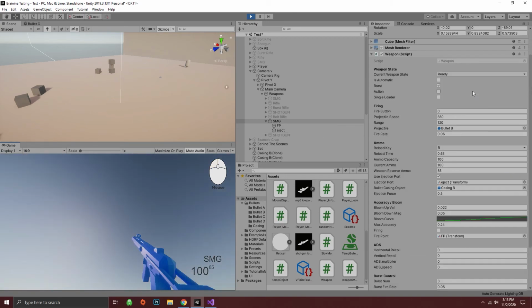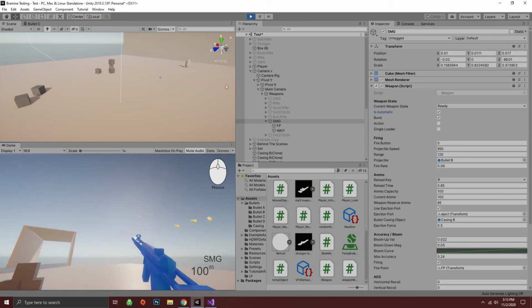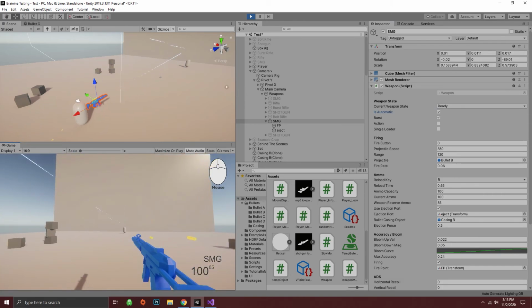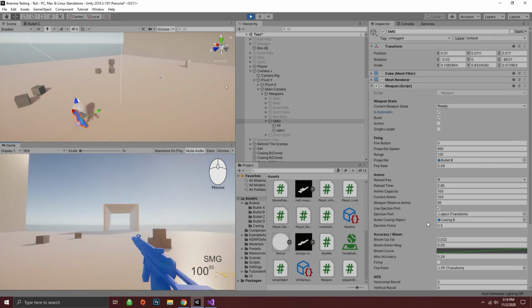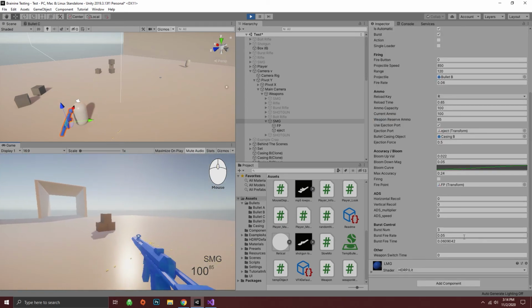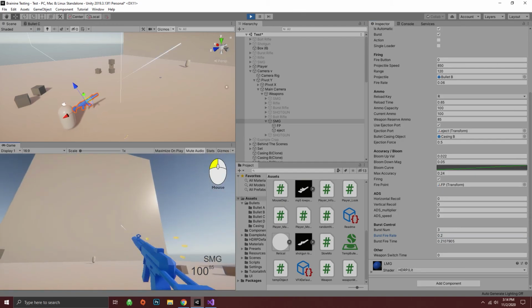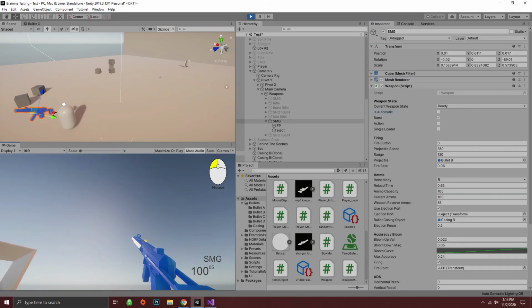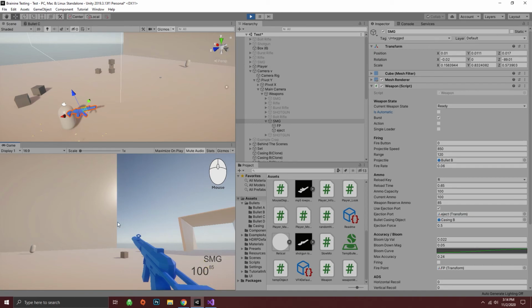If I turn on automatic with that, I can fire and hold down the thing, and it'll just shoot the burst and then wait and then shoot it again, which will be easier to demonstrate if I increase the time between them. Fire rate, I'll set that to 2, and then I can shoot, and it'll keep doing that. But if I turn off the automatic, I'll have to press it every single time. Okay,